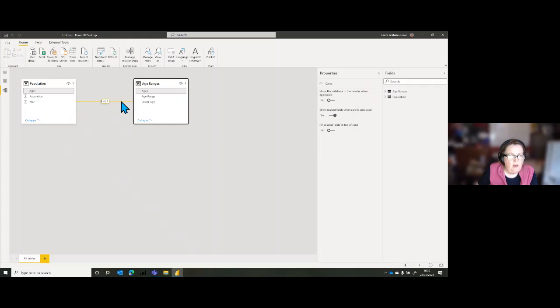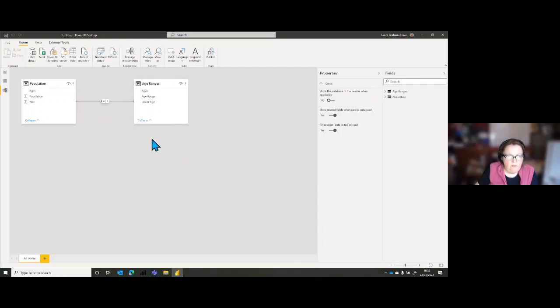The other thing you can do is there's some changes over here. It's not going to make a difference to mine because my ages column happens to be at the top. But if your link column is not alphabetically at the top, it'll be mixed in amongst your data. So pin related fields to top of card is quite a useful one. I realize it hasn't done anything in my model.